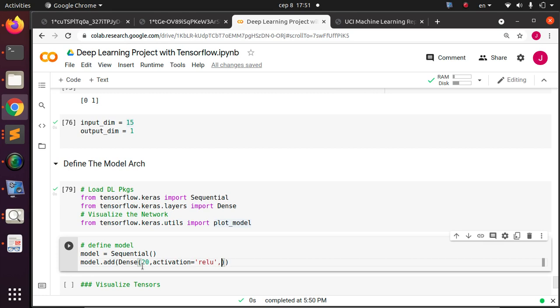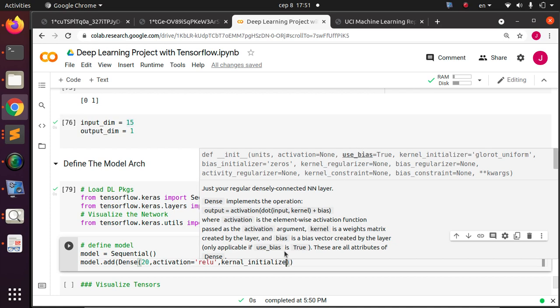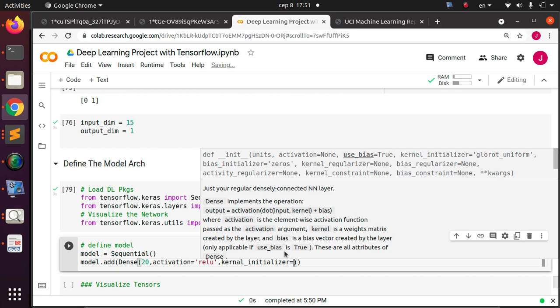Activation, kernel initializer. So all these parameters, see, these are the various parameters, right? As you can see from here, we have activation function, right? We have the bias, in case there's bias, kernel initializer, right? Which is the next one we are trying to do. We also have kernel regularizer, we have bias regularizer. There are different parameters that you'll be using, right? But you will not be using all of them. You're just allowing it to be the default, and then you're just picking the